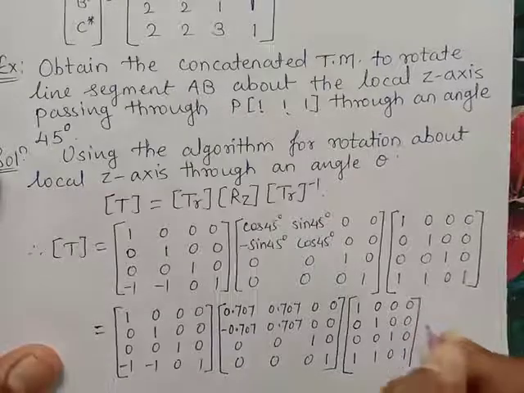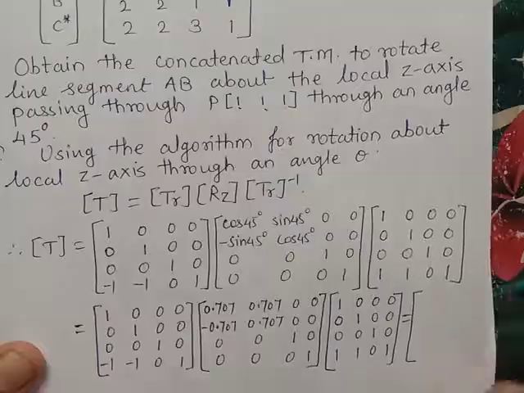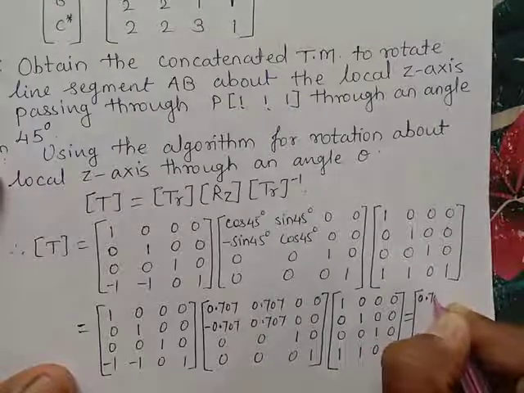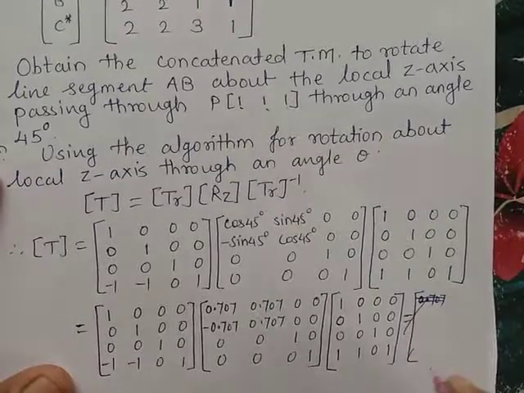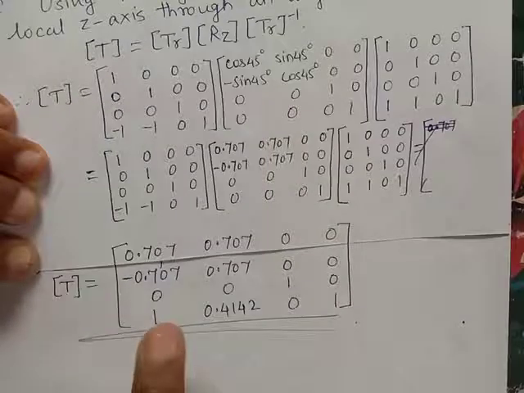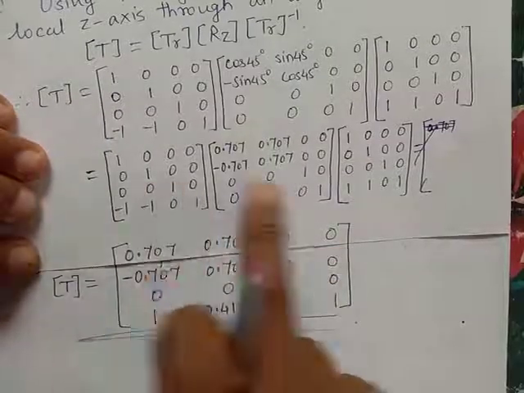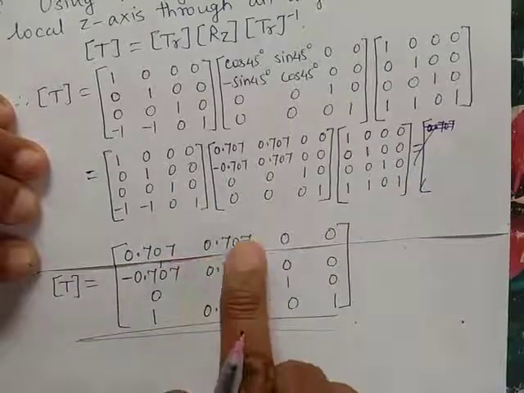Now taking multiplication of these three matrices, we get the resulting matrix T is, that will be 0.707, I can't write it here, sorry, so let's write it somewhere else. The transformation matrix is this one here, by taking multiplication of these three,